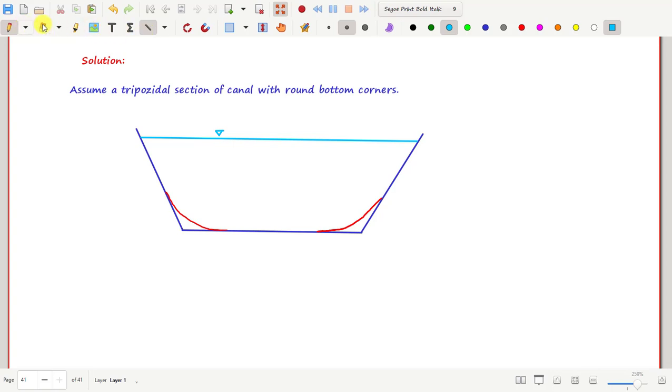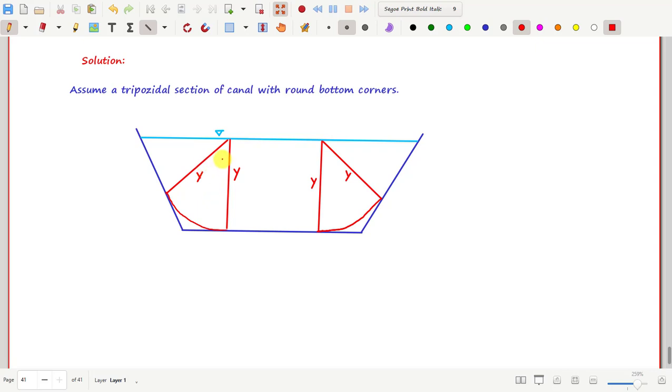And then draw further lines. Let me draw it with red color. We have drawn a perpendicular from here to here, right? This is the depth of the canal, and this is also the depth of the canal. It is represented by y. This is also y, and this distance is also equal to the depth of the canal y, and this distance is also equal to the depth of canal y. Okay,